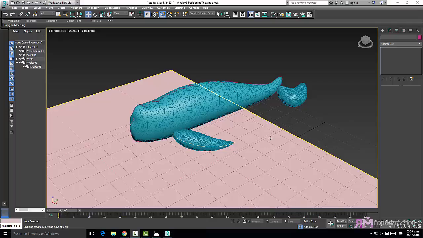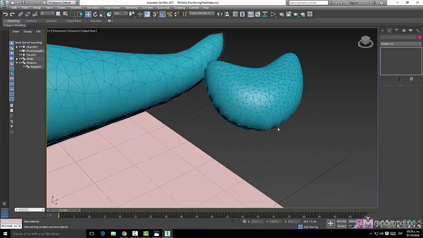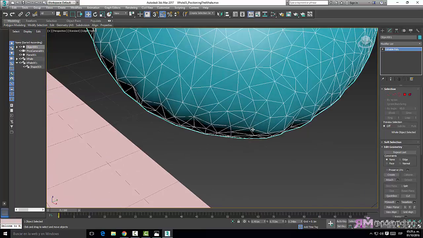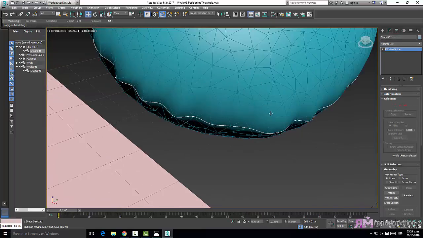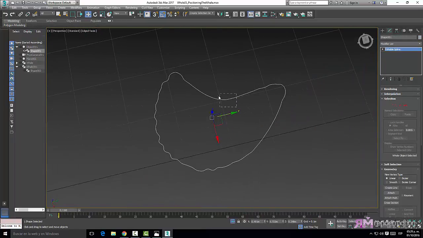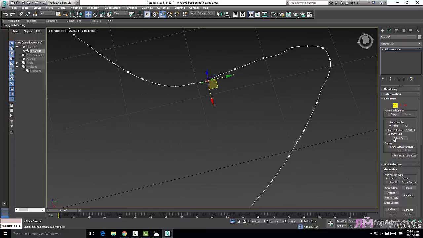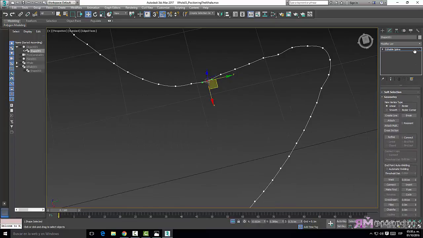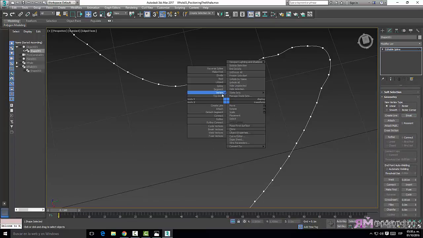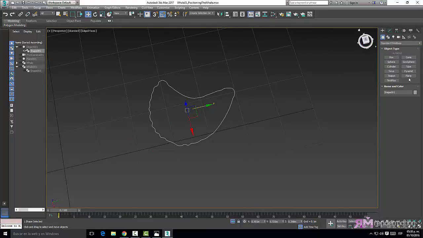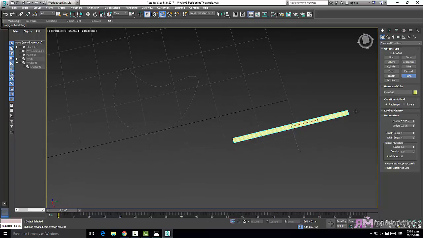Okay, so what I'm going to do now is create a little bit of stuff over these shapes. Look, I have these shapes that are around the whale. They have a start. Here is the start of the shape. You can break it. I'm going to break it with break. And I am going to create with a plane something a little bit